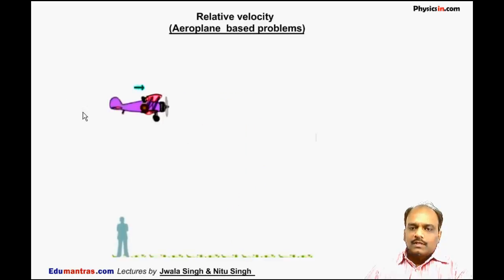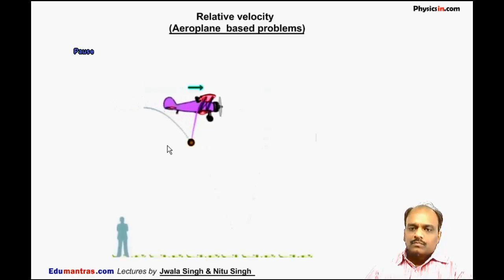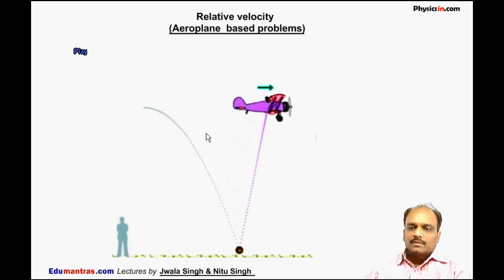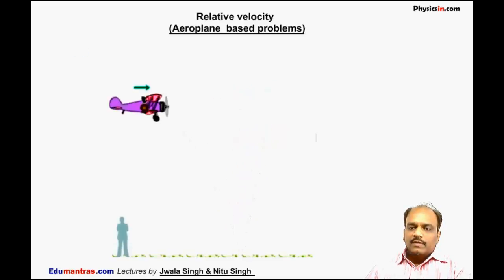Now when we increase the speed, accelerate this aeroplane, then what will happen? See, if the aeroplane is accelerating, the ball is going downward as well as backward with respect to this observer. But with respect to the observer who is standing on ground, the ball is again following the same path. See it. As the time is increasing, the ball is going more backward and more downward as seen by this observer. Now finally it will land on ground.